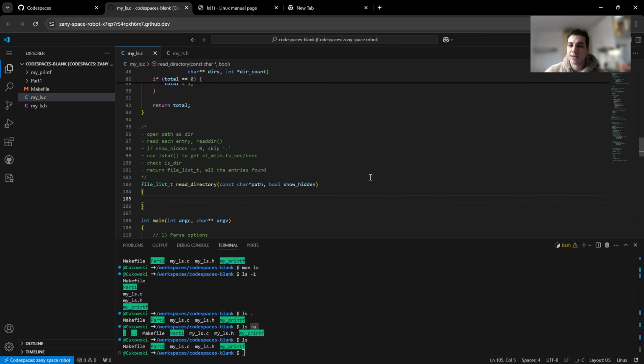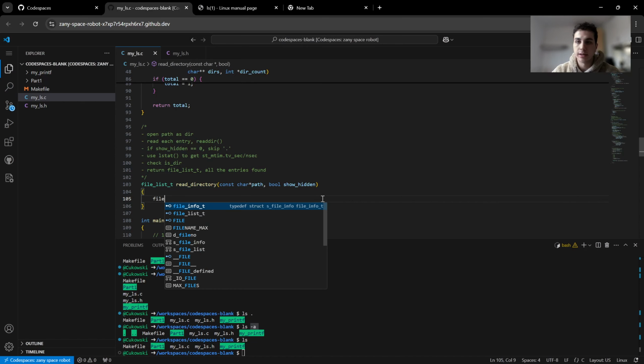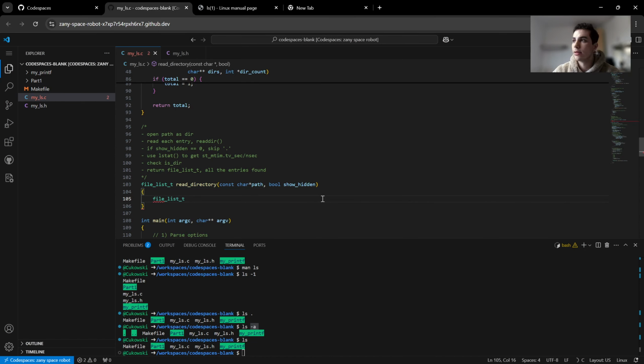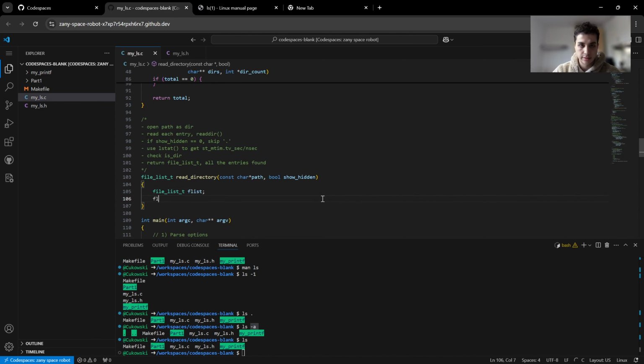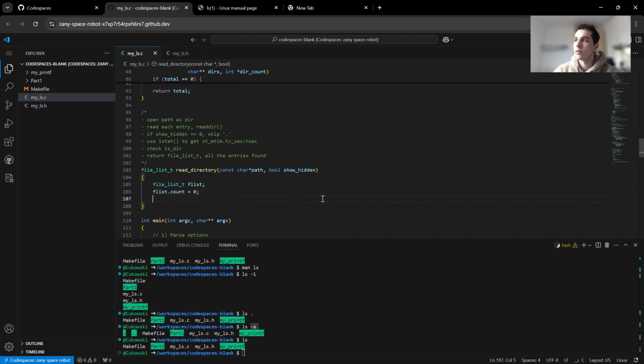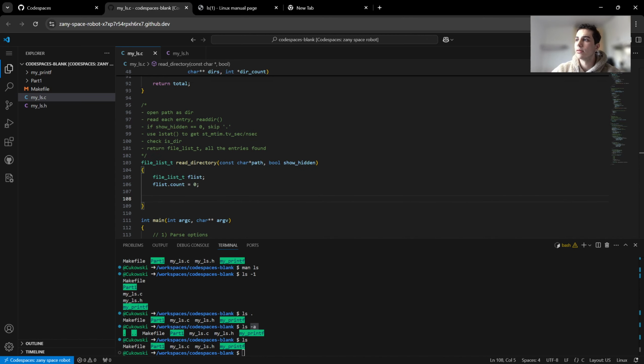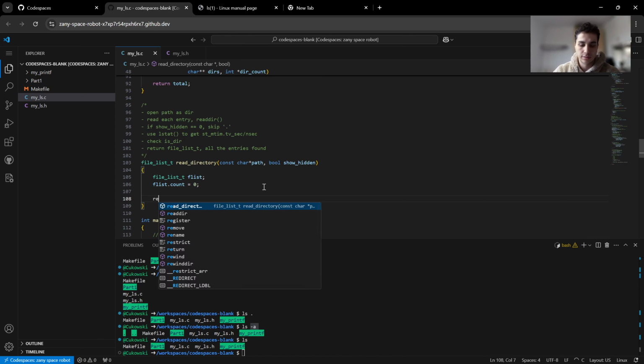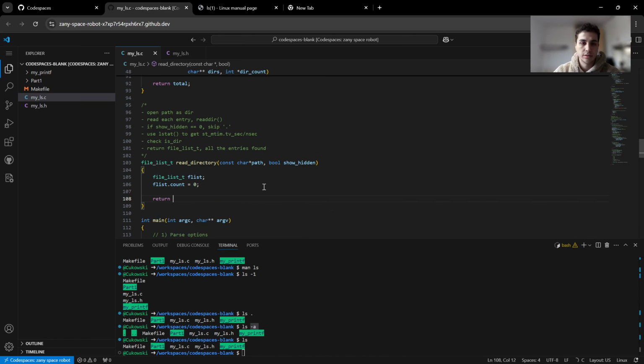Okay, so we can start writing the function. We have our file_list_t flist, and as a default flist.count equals 0, and when we are done with everything, we will return this flist,